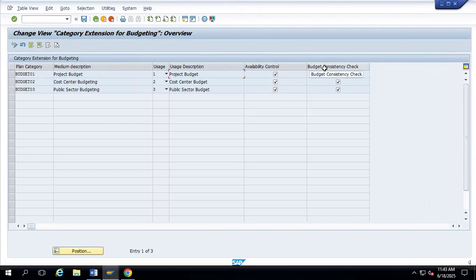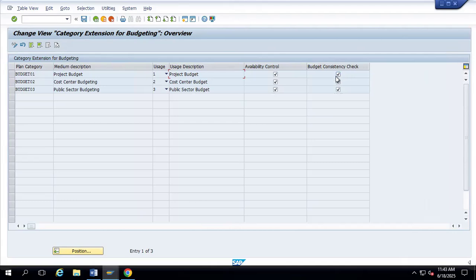That means this is relevant for posting after the budget. If this indicator is activated, the system can check the budget amount against actuals, and the system will not allow you to post. That is the one thing. If the indicator is not active, the system allows you to maintain the budget irrespective of actuals. I'll tell you in an example. What is the meaning? If you did not activate this checkbox,